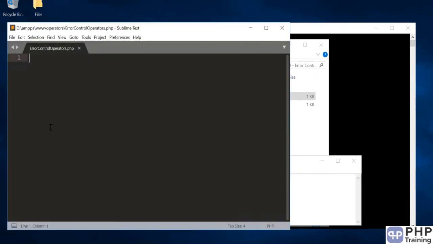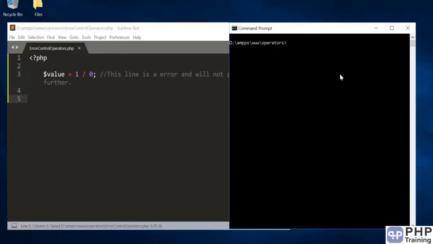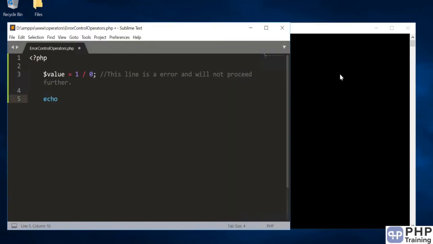So I'm creating that file. How to raise an error? You can always raise an error by dividing by 0, and this line is an error and will not proceed further. Let's look into this. If I say echo hello,